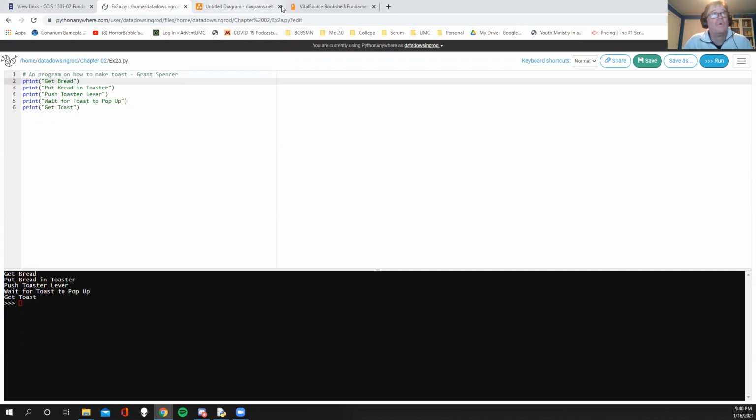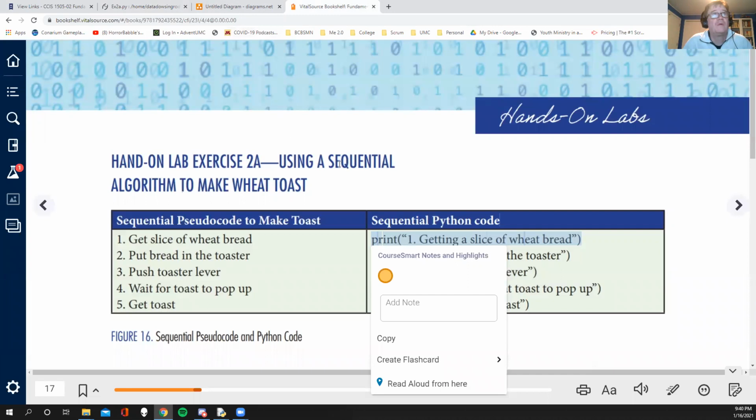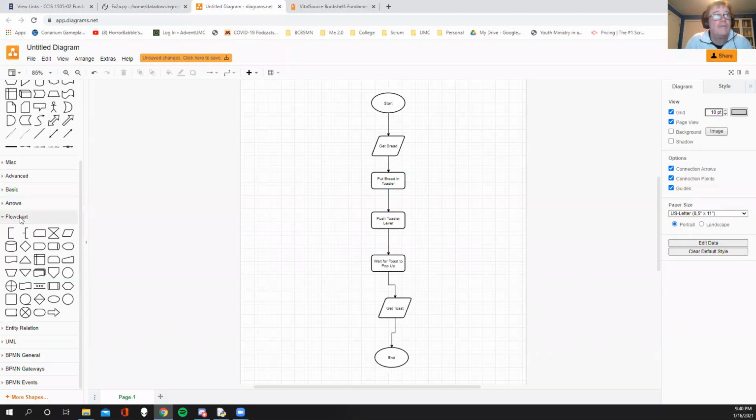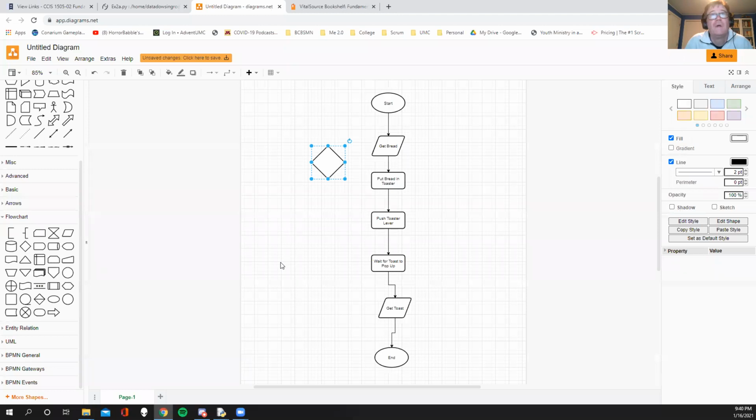Okay, so what's going on between the sequential, which is what we had there, and the selection? The selection is going to be basically if it's gluten-free, clean the toaster first. So there's a little bit of a selection. It's either going to be this or it's going to be this. Now, there is actually a symbol for that in our flow chart, and that symbol is this one. It's called a decision here, but it's accurate. It's a selection. So what I'm going to do, I'm going to deviate a bit here, but what I'm going to do here is I'm going to basically say,